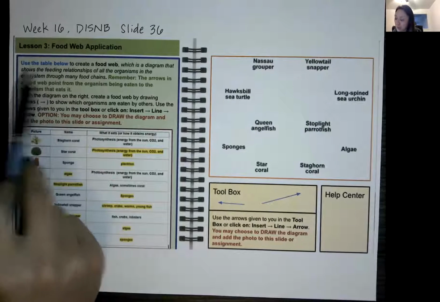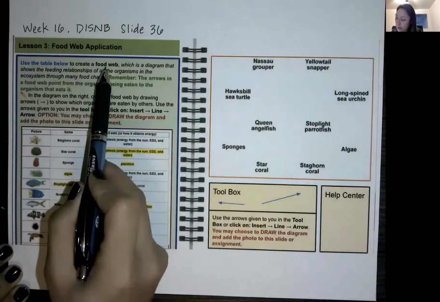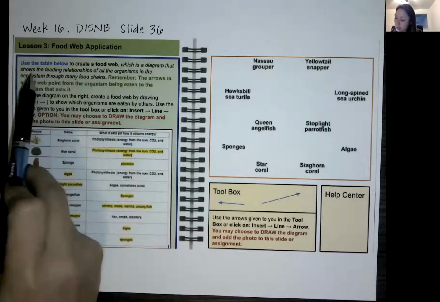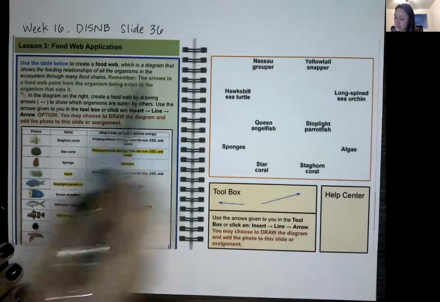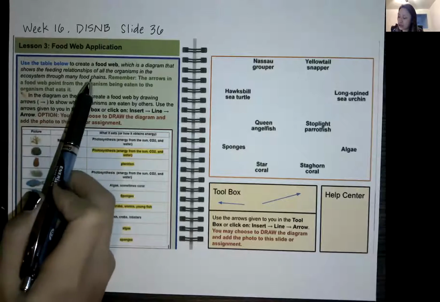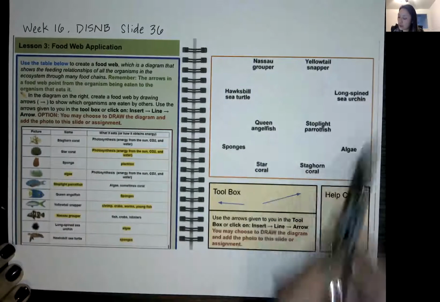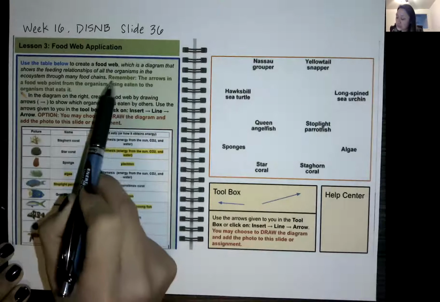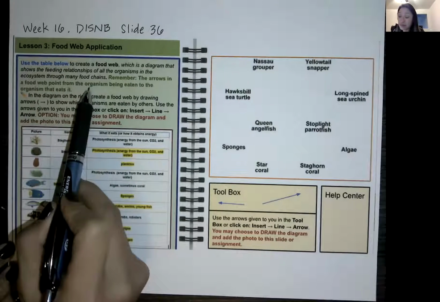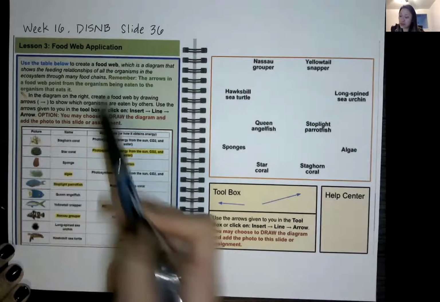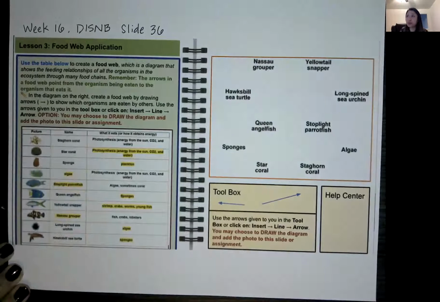It says to use the table below to create a food web, which is a diagram that shows the feeding relationships of all the organisms in the ecosystem through many food chains. So we are going to create a food web here. Remember, the arrows in a food web point from the organism being eaten to the organism that eats it. So, for example, right, I could have